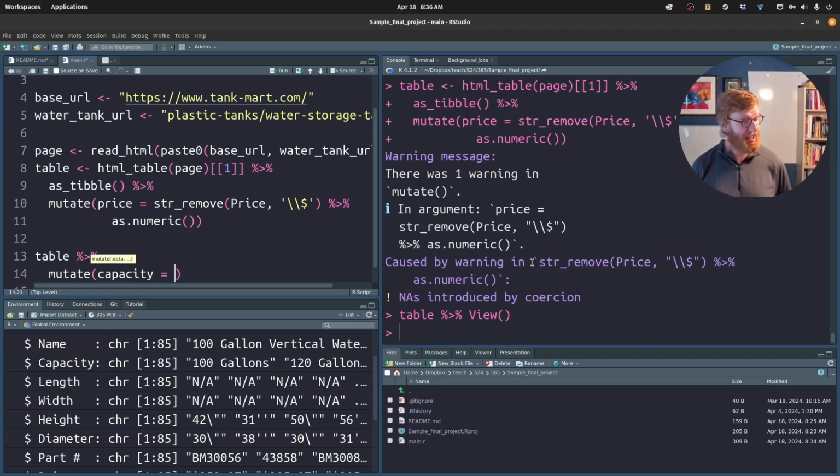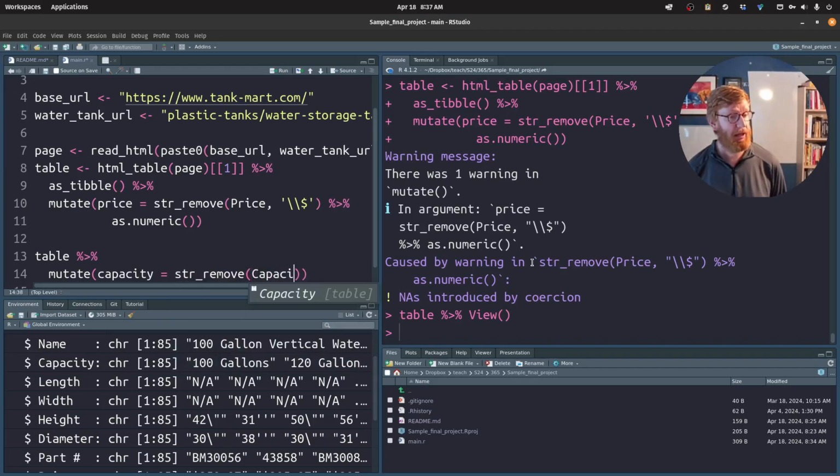That's kind of an accidental convention I'm stumbling on here, and I kind of like it. I might use that pattern more in the future. All right, so capacity equals, I'm going to assume they're all in gallons. So if I do string remove from capacity,